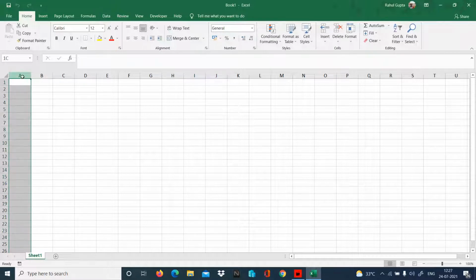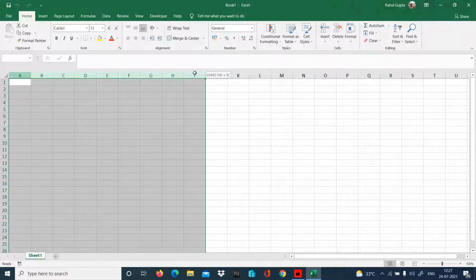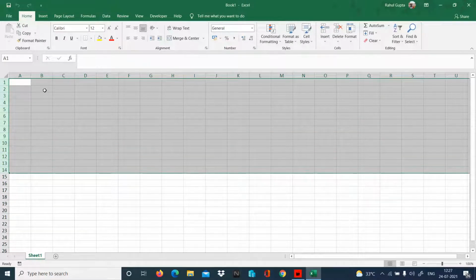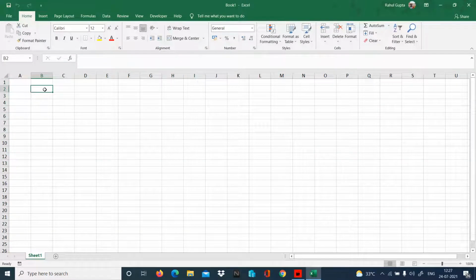We have columns A, B, C, D, and rows 1, 2, 3, 4. And the intersection of that is known as a cell. You can see here at the name box, I placed my cursor over here and it is shown as B2. At the top, we have tabs: File, Home, Insert, Page Layout, Formulas, Data, Review, View. We'll come to these parts also, but for the time being, we are starting with the function.